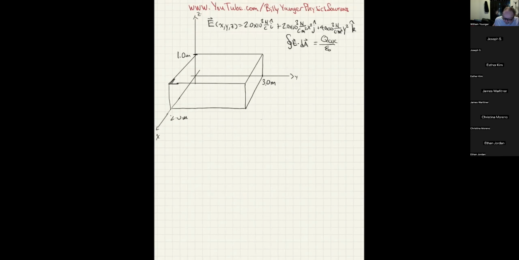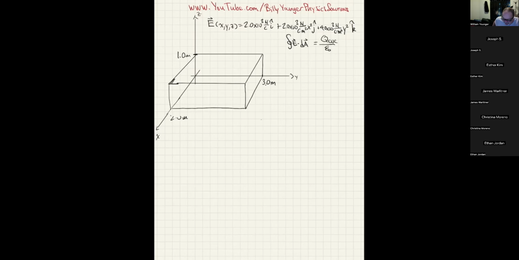So the other thing is when you're doing a nasty looking integral symbol, like this closed integral of E dot dA, you've got to remember that this is called a surface integral, and you have to evaluate the integrand, which is both the E and the dot dA, on each surface as you integrate over that surface. So for instance, if the electric field